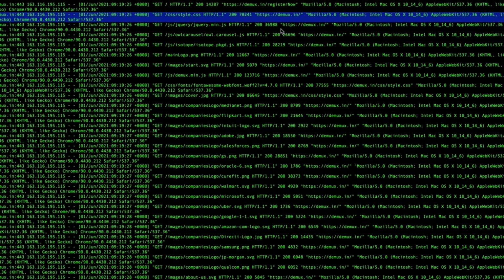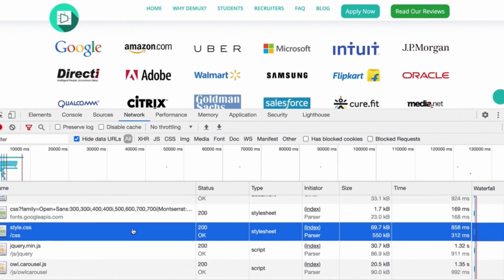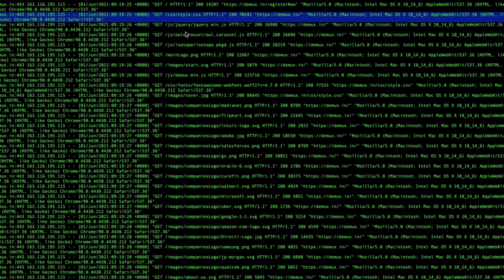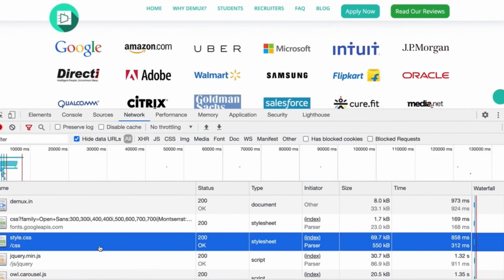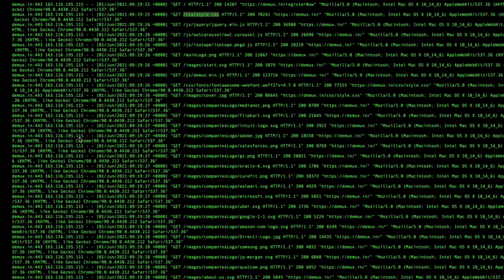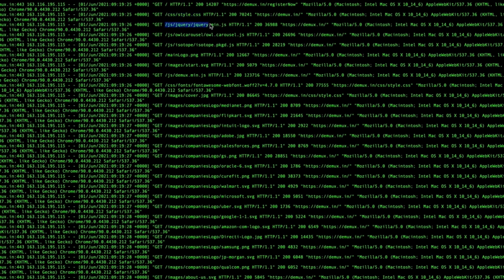Here if you see, in the subsequent calls, we will be getting all of these resources. All of these resources will get called. So if you see, style.css is actually getting called here. Style.css is getting called here as well. Then the next one is jQuery min.js. So again, we call jQuery min.js, and these are just the files which are located on my server. So what my Apache is doing here is reading the location of the file. It is reading, okay, where is the file located, and then it is serving me this particular file.